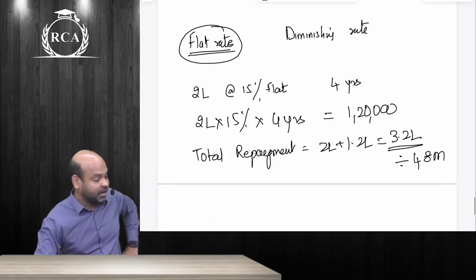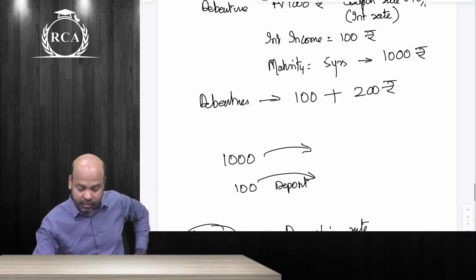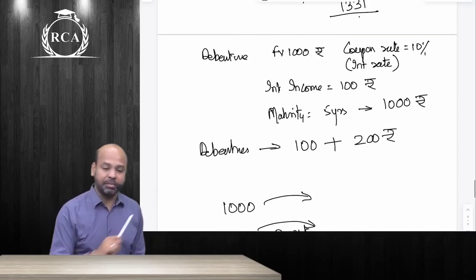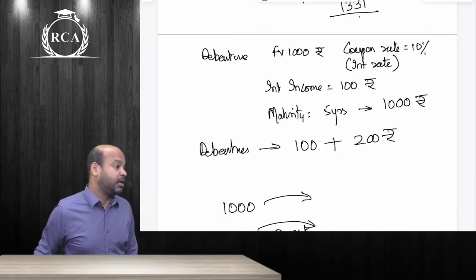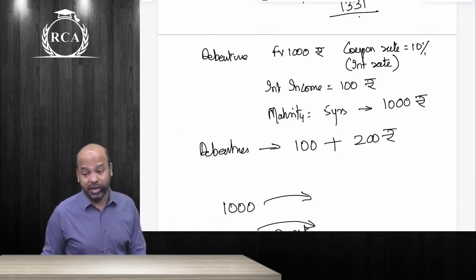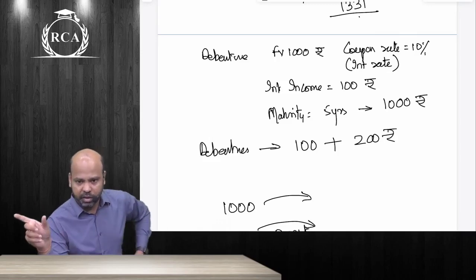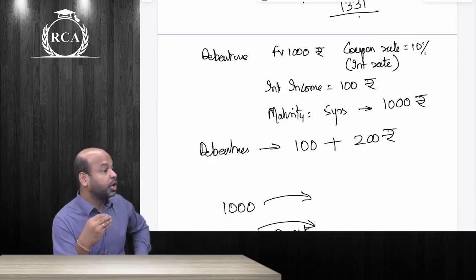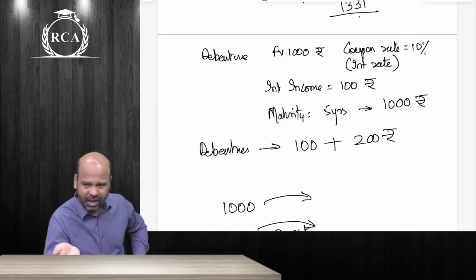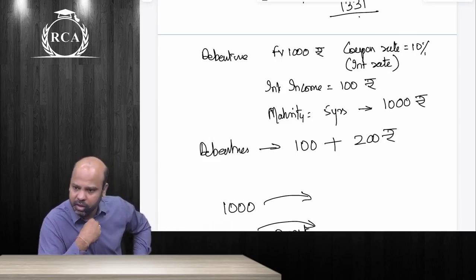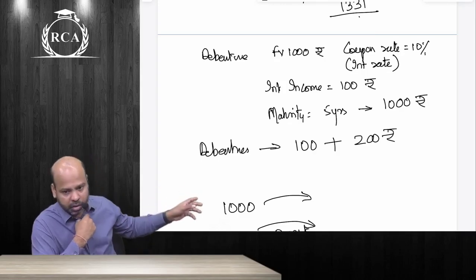Anyways, beta, are we clear about this? So we have understood what simple interest is and the example of debenture, because this will determine a very important factor that we are going to learn. There is something called reinvestment risk in debentures. Reinvestment risk is, once you put in your money and you are realizing your money every year, will you be able to invest that money at an appropriate rate or not?